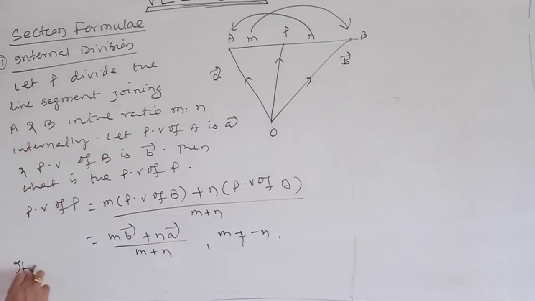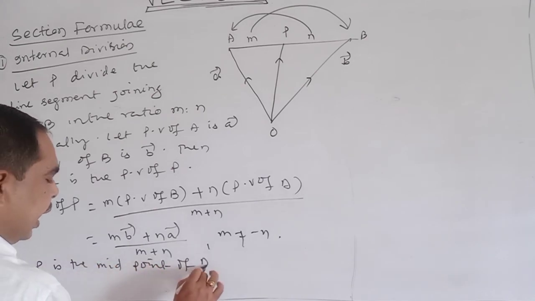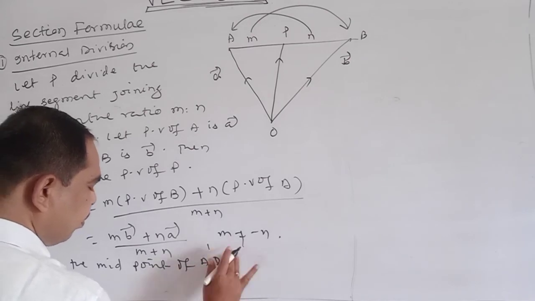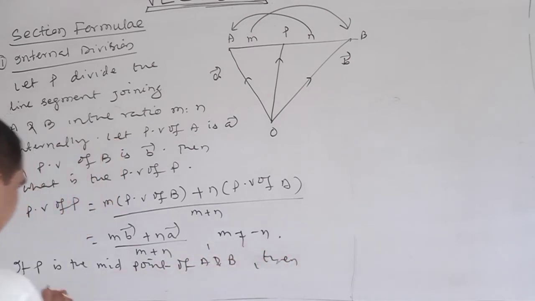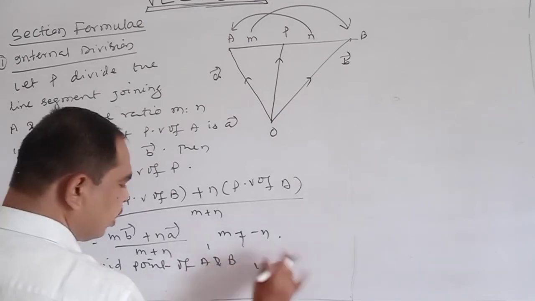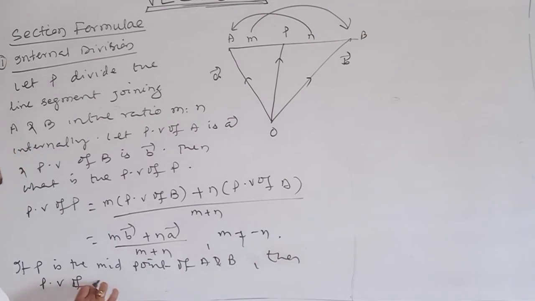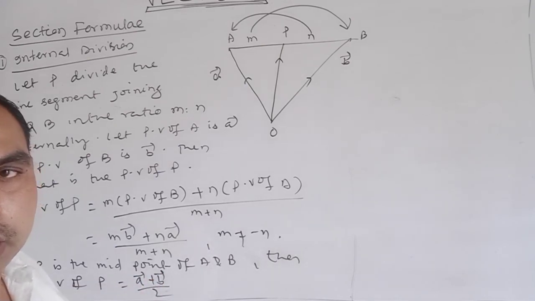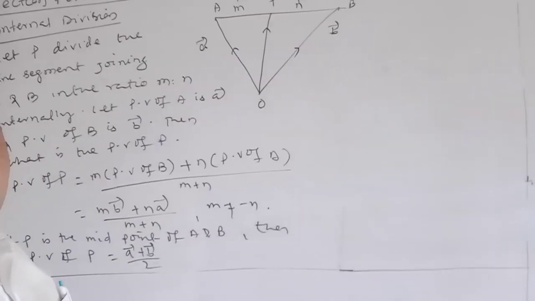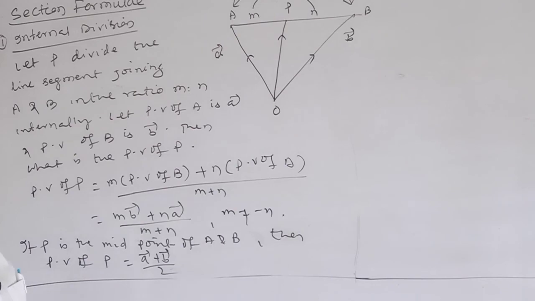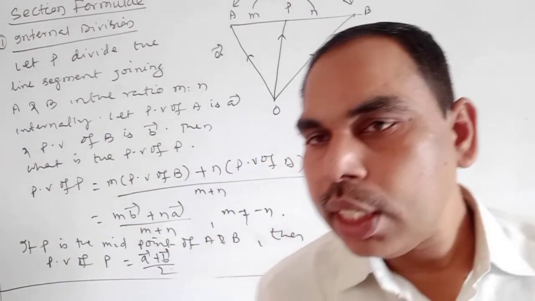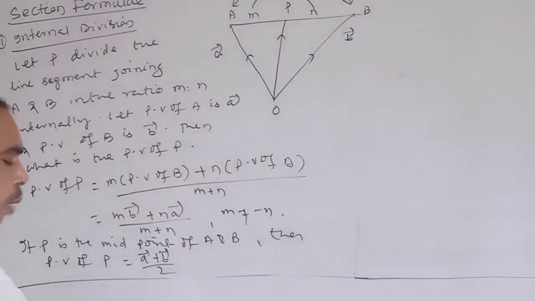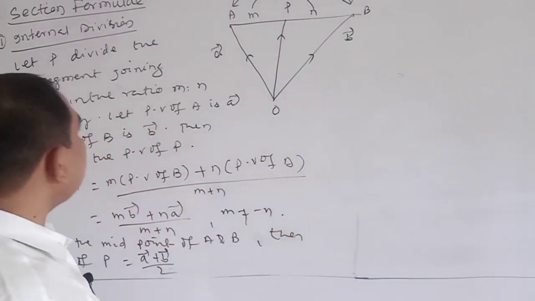Similarly, if P is the midpoint of A and B, then the position vector of P is equal to A vector plus B vector divided by 2. Okay, position vector of P is equal to A vector plus B vector divided by 2. This is internal